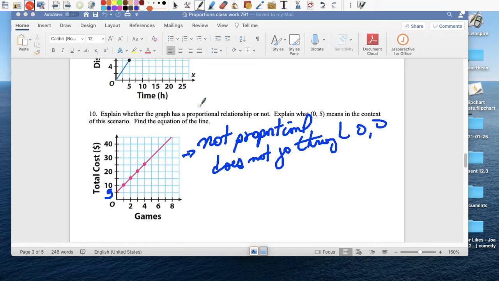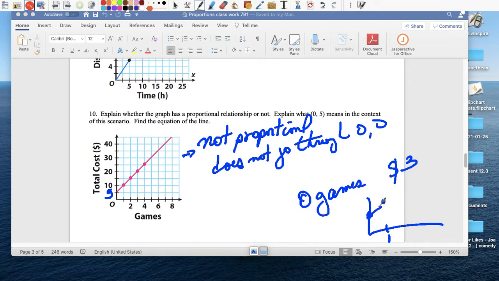Why? In most cases, when we go bowling, we rent shoes. So when we get there, we pay $3 for shoes, and before we even start playing, at 0 games bowled, I'm already paying, let's say, $3. So my bowling graph would start at 0. At 0 games, I already placed $3. At 1 game, it'd be the $3 plus whatever the cost per game. So likewise here,